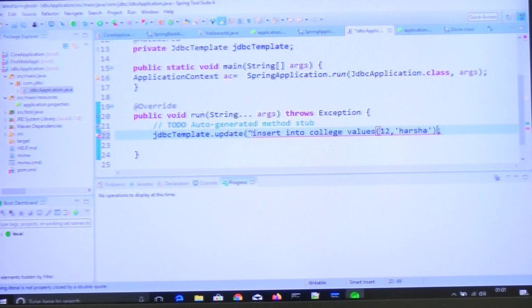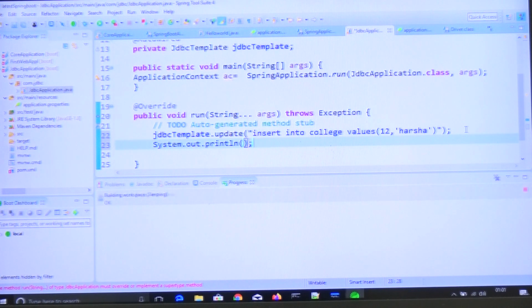Okay, Harsha College like this, and yeah, JDBC template that update method, just like this one. Yeah, sysout. The record is inserted.